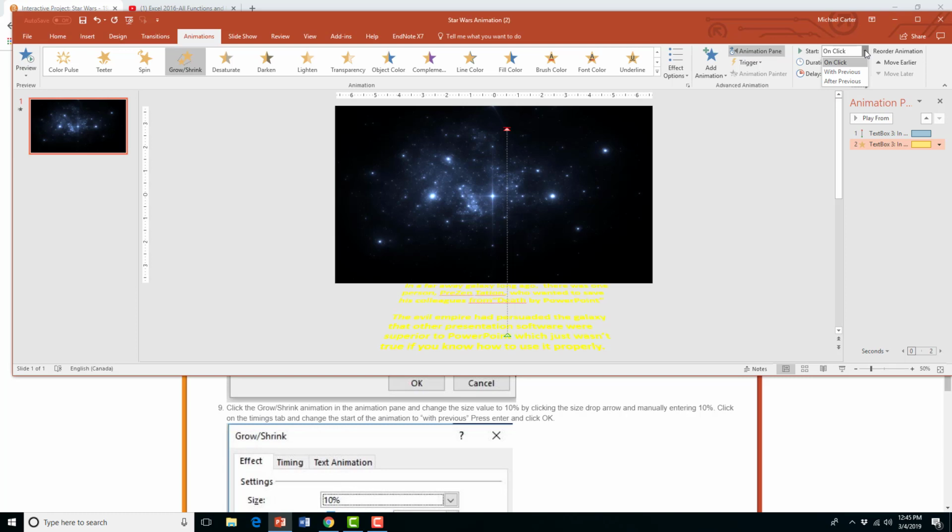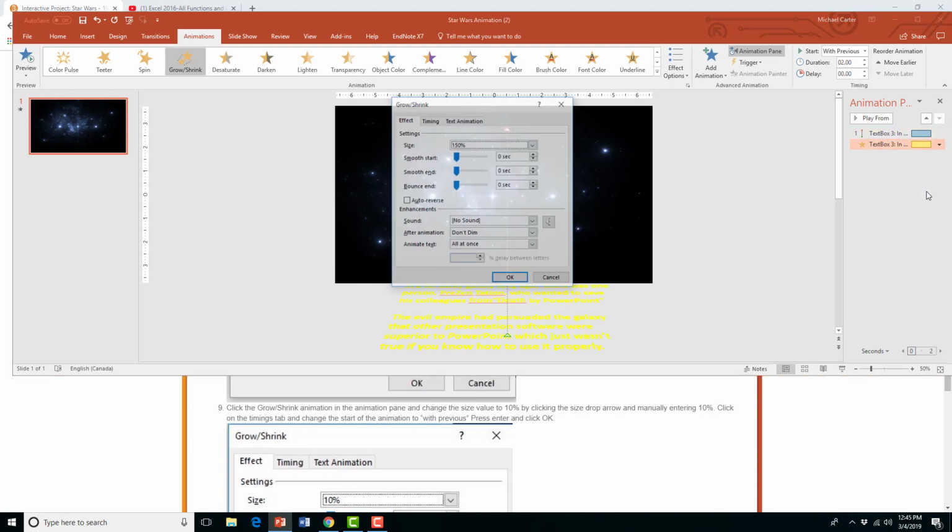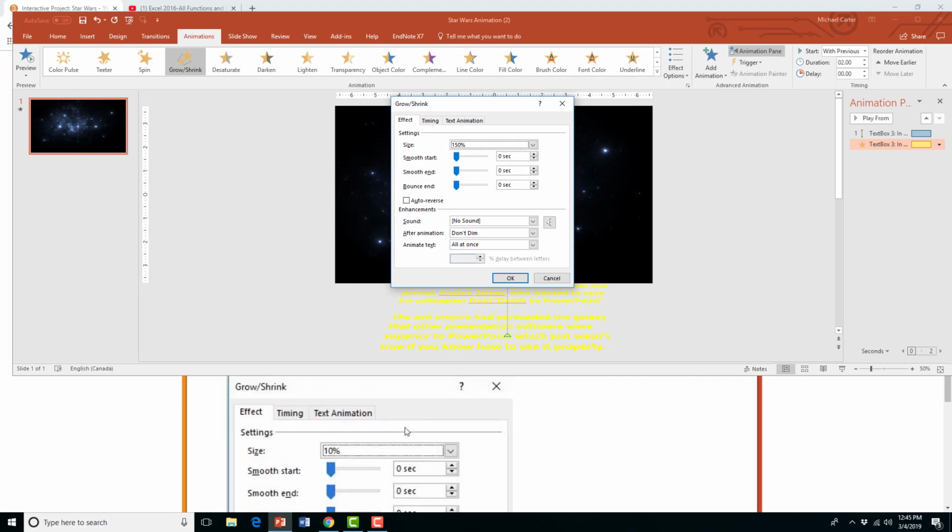So the grow and shrink will make it grow. It'll kind of go out and then shrink into the background. So that's kind of nice. But we want to make sure that we click with previous, okay? With previous, so it's not one after the other. They're happening at the same time. Effect options. So I went with 10% because it looked nice,